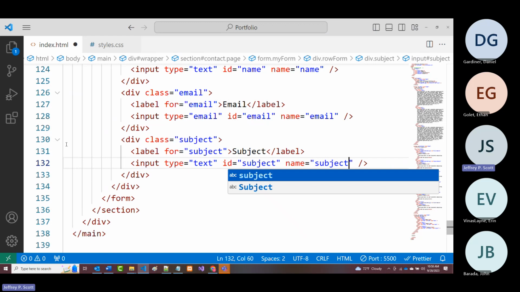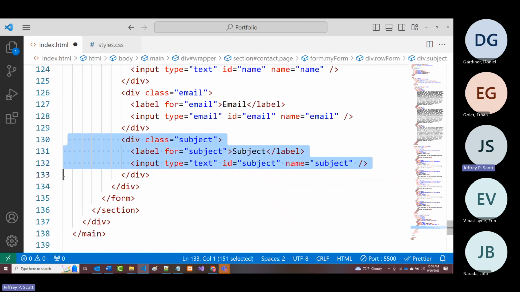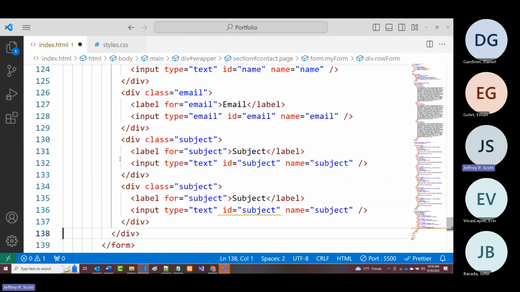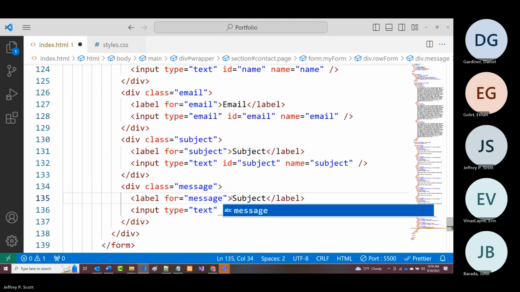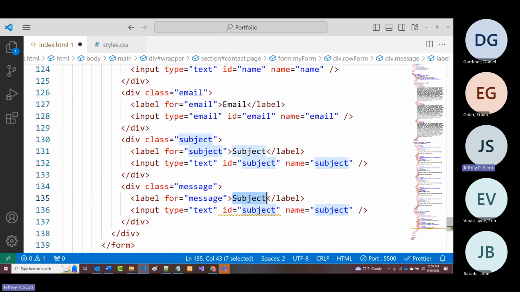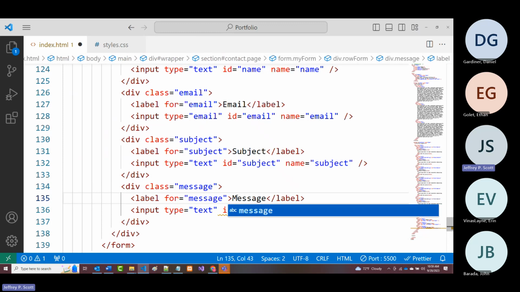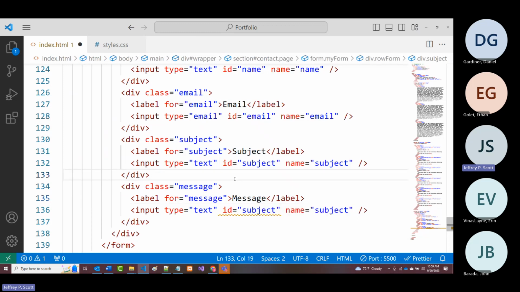All right. And finally, I'm going to copy it down one more time, but I'm going to make changes to it. I'm going to have an area where you can enter a message. So this is going to be called message, as will this and this. Now, because the message could potentially be multiple lines in length,